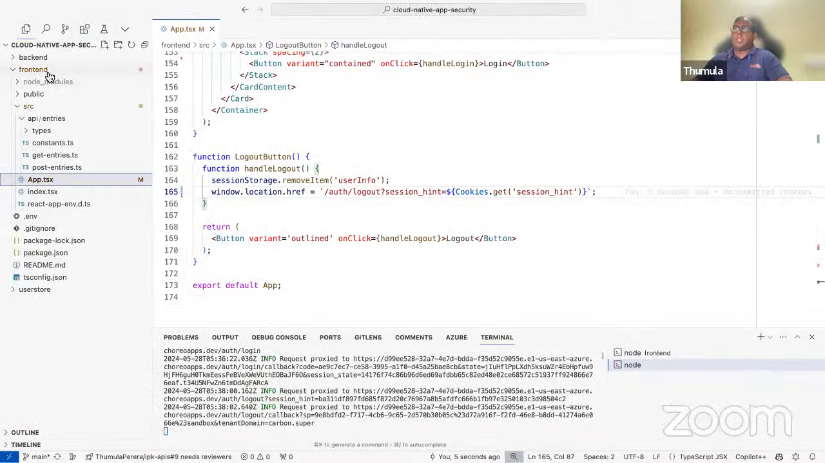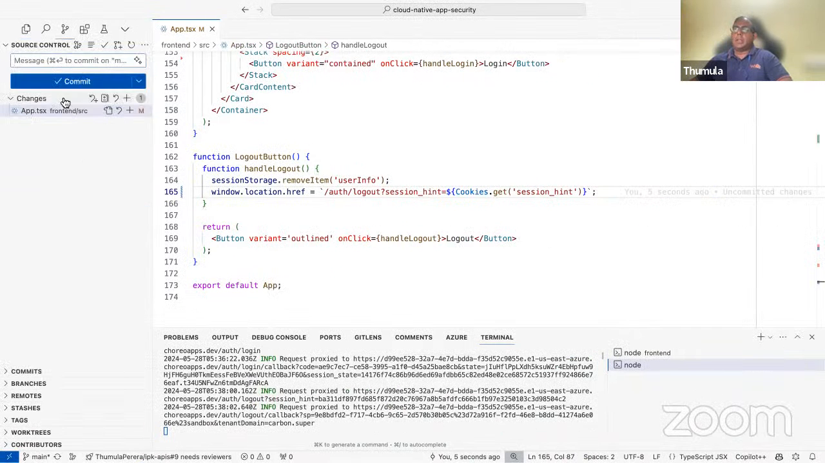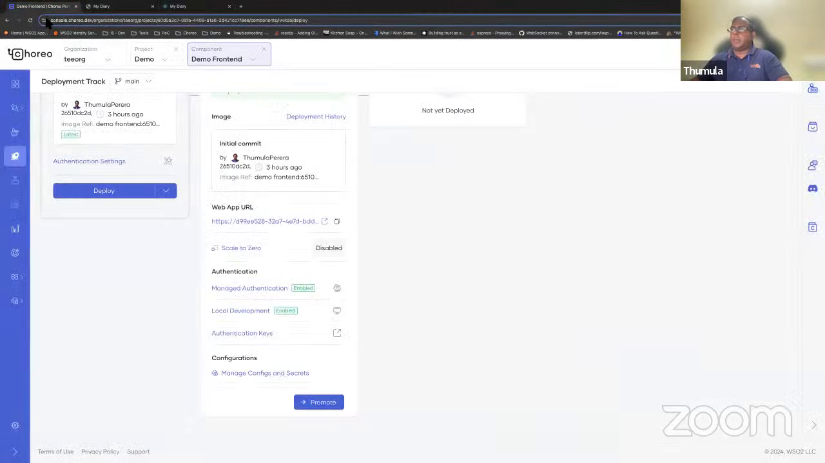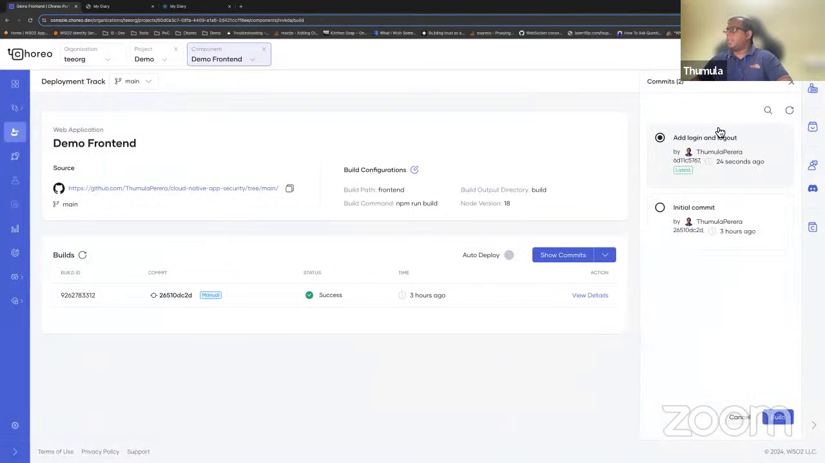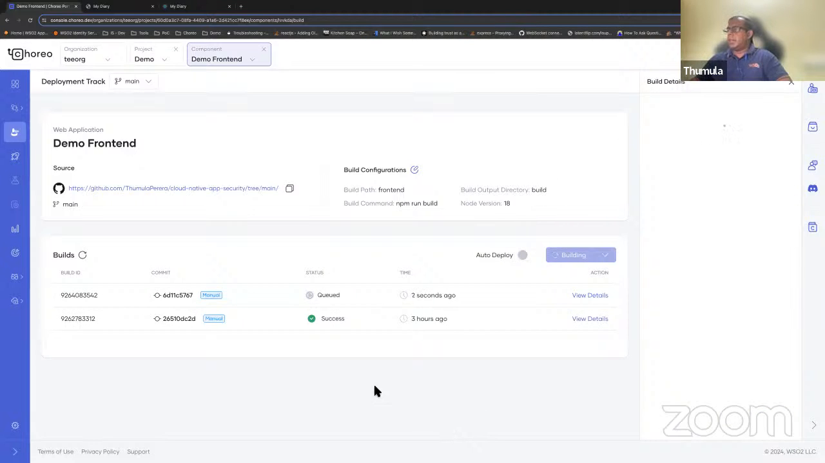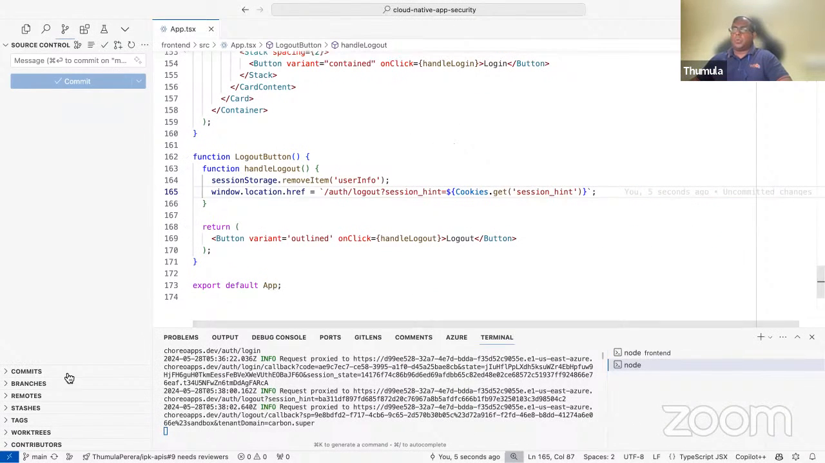So let's commit this and deploy. So we have committed our code. Let's go into the build section of our web and check the commits. So we now have our new commit here, and let's trigger a new build with these latest changes. And until that builds, let me walk you through